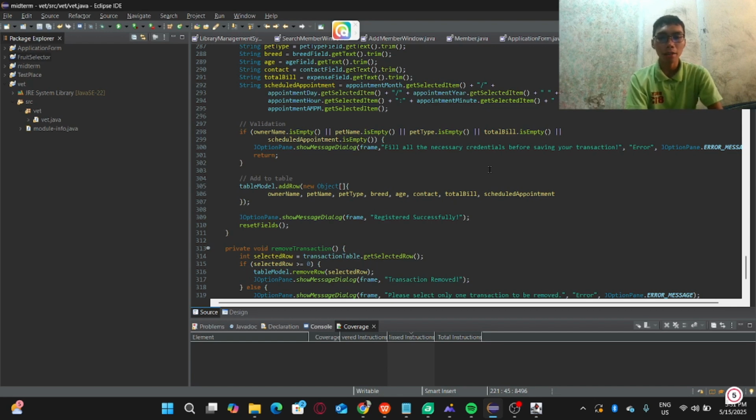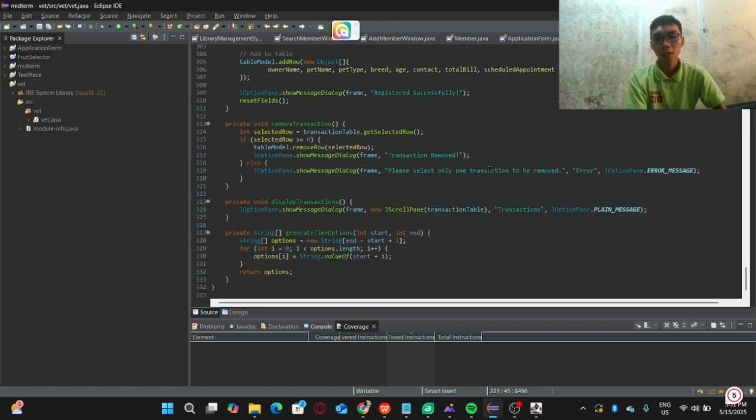Next is the add to table. The table model will add a row of the transaction that has been saved. Next is the private void removeTransaction. As from earlier, where we removed the cell, this is specifically removing the whole transaction, including the owner name, the pet type, breed, age, contact, total bill, and schedule appointment.